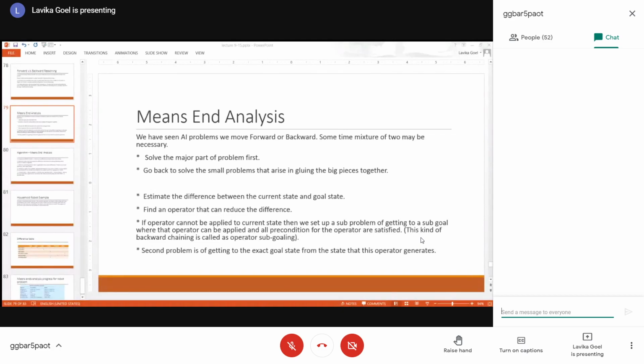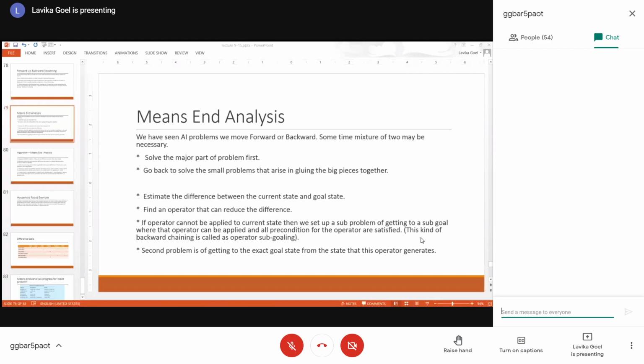It is generated through backward chaining. So if your current state is not the state where you can apply that particular operator, you select the operator you want to apply. Now that operator is not applicable to the current state. So you select some particular state in which that operator's preconditions are satisfied and it can be applied. So you have selected an operator, but it's not applicable for the current state. So you generate the state in which it is applicable. And then you apply that operator.